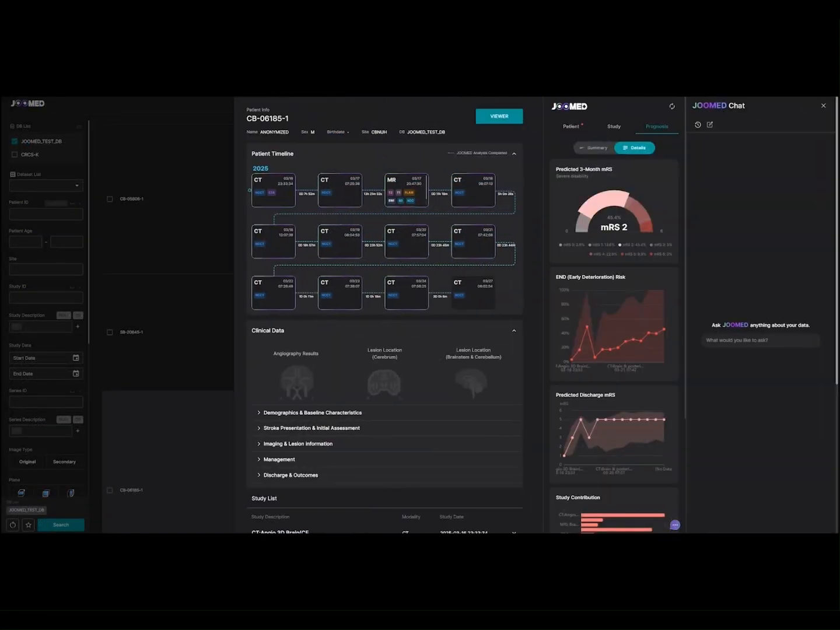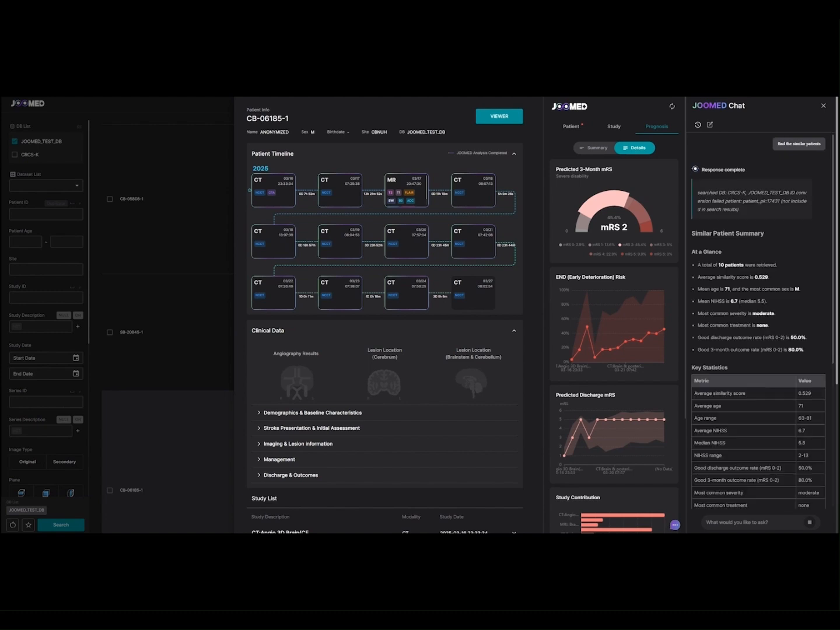Now, let me move to the JOOMED live chat screen. Here you can interact and converse in real time. Clinicians can ask questions about patients through real-time dialogue. For example, if you type, "Find me a list of patients similar to this patient," the system immediately presents a